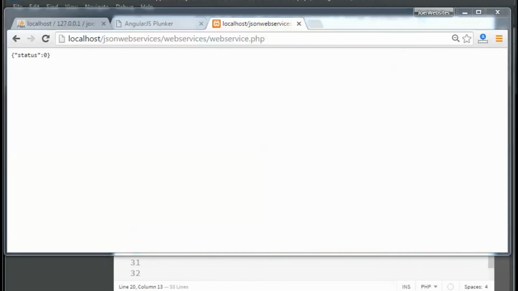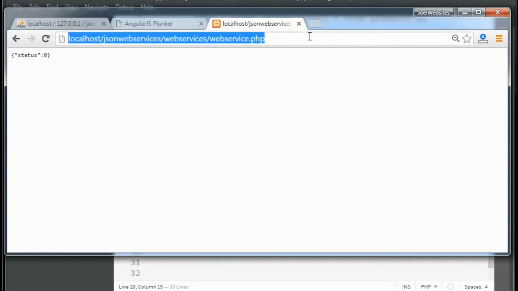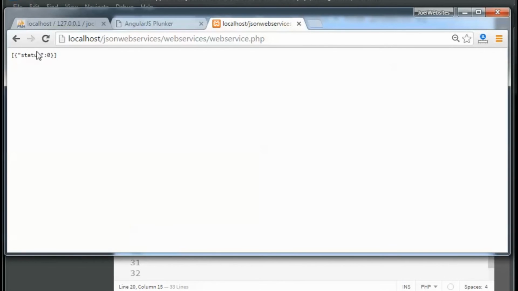Once you put the square array on it, I don't know what it is called, but it is square brackets. So I'm going to refresh this page, and I'll get the same error. But now you see that there are square brackets.